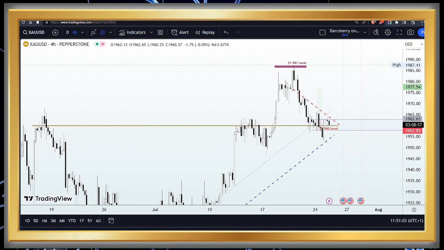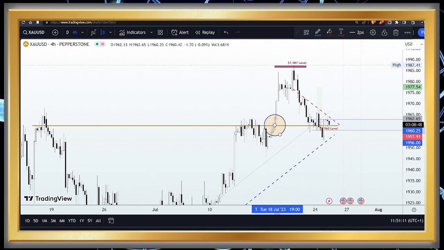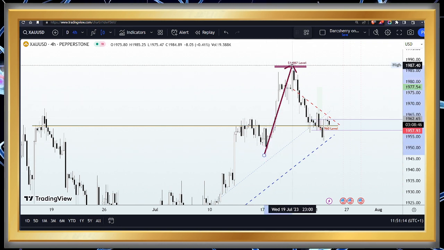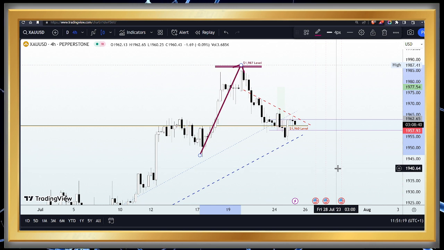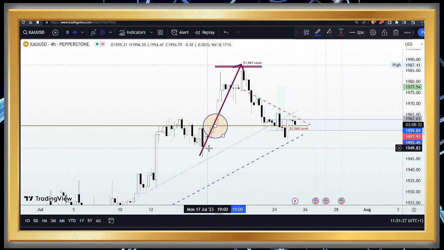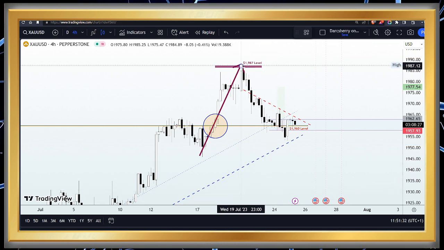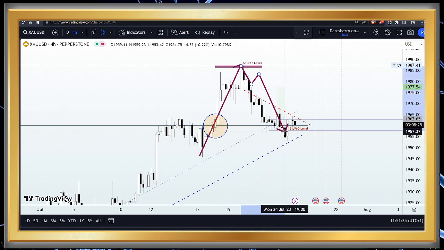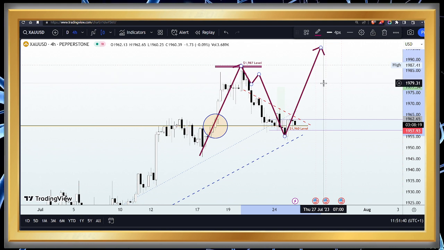giving us a scenario that happened yesterday, which made us see this phenomenal bullish engulfing move that pushed price out of that structure to find a new high at the 1987 level. And you all know from a technical standpoint that when price action breaks out of a key structure such as the 1960 level, as we have seen here, there is a likelihood that we could see some profit-taking activity which would reflect on the chart as a retracement back into that structure, probably in anticipation of another bullish